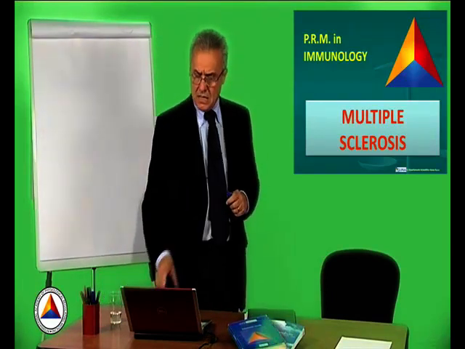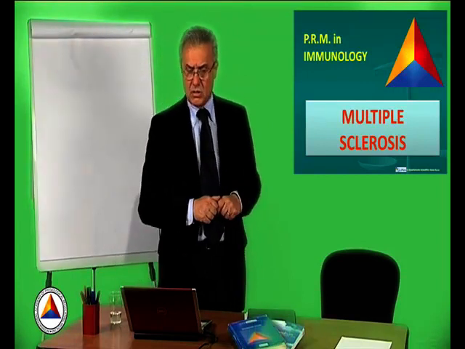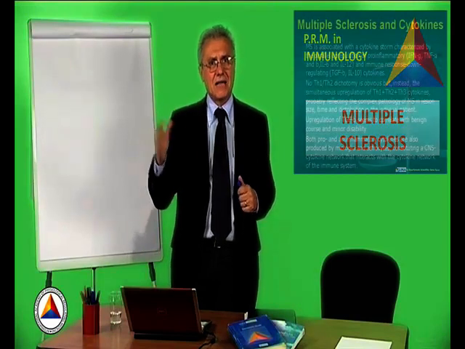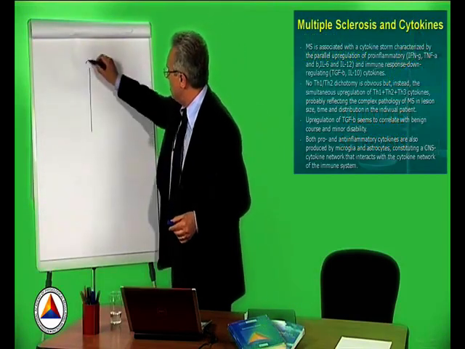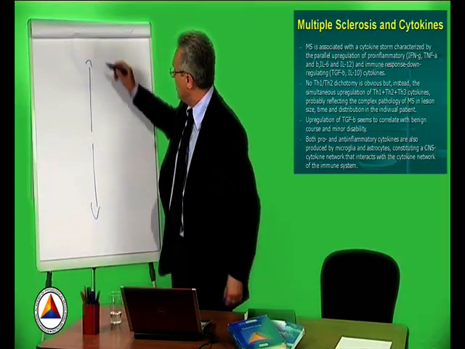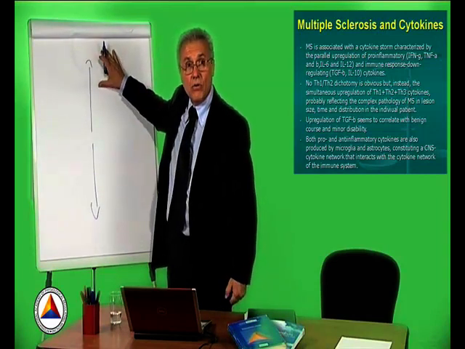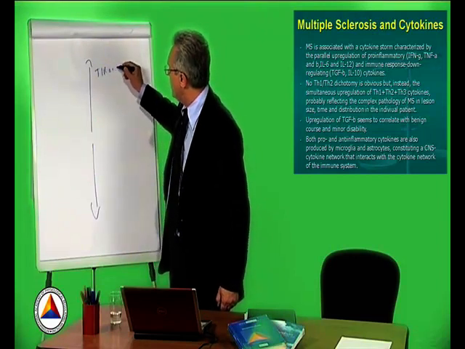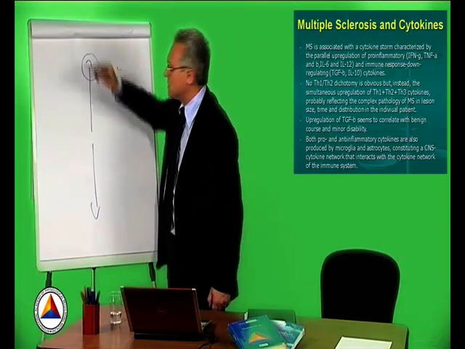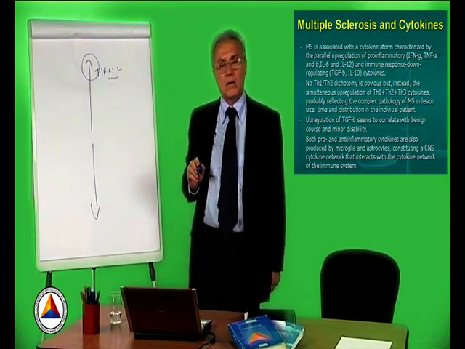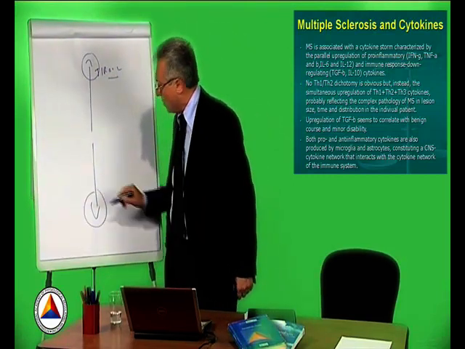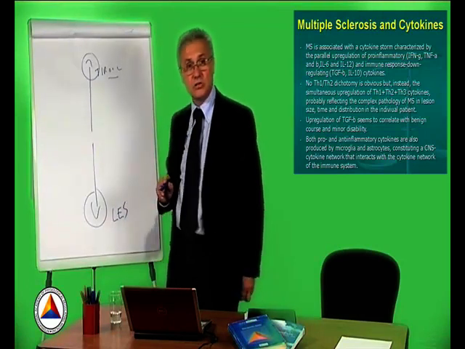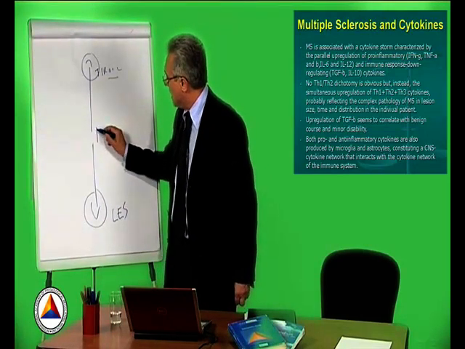Remember that we have differentiated the autoimmune diseases into localized. You will remember, for example, autoimmune thyroiditis as a typical expression of localized autoimmune disease, and into diffuse autoimmune diseases, among which systemic lupus erythematosus is typical. We can say that multiple sclerosis can be categorized as being somewhat in the middle, because a generalized activation of cytokines, both Th1 and Th2, is present in multiple sclerosis.